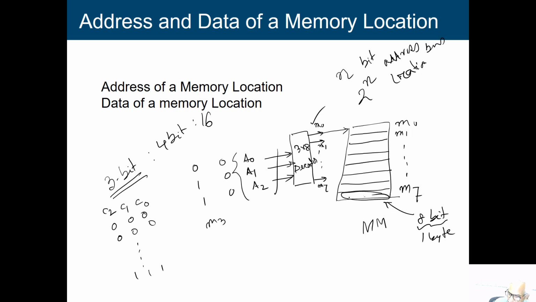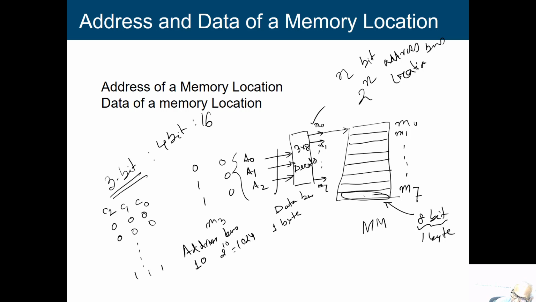That means in every memory location I can store 1 byte of information. Now you see, if I have an address bus, and here I am going to set a data bus. If the address bus size is 10, then how many memory locations can we address? This is 2 to the power 10, which is equal to 1024. And say in every memory location I am going to store 1 byte of information.